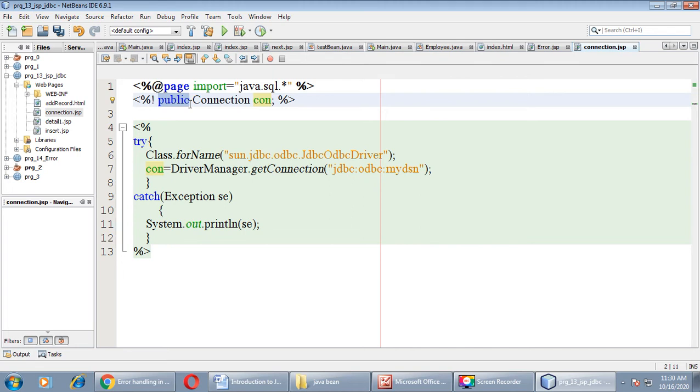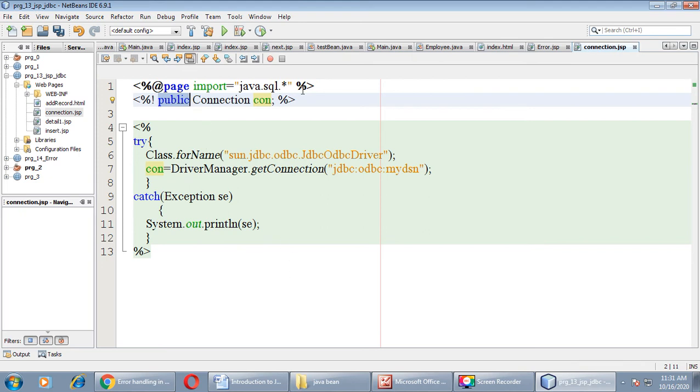Then we have defined the driver name using the Class.forName method. Then connection equals DriverManager.getConnection. With the help of this we will do all the interaction with the database. Okay, that's it. This is the content of connection.jsp.